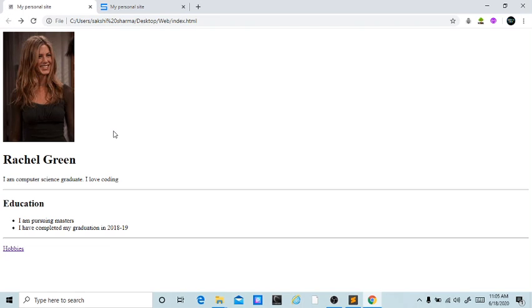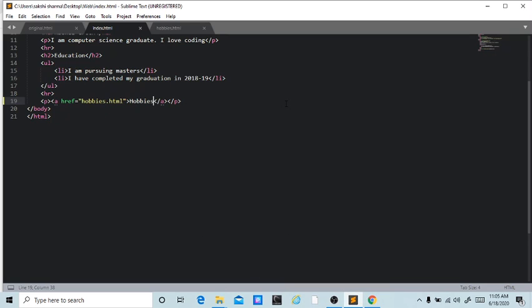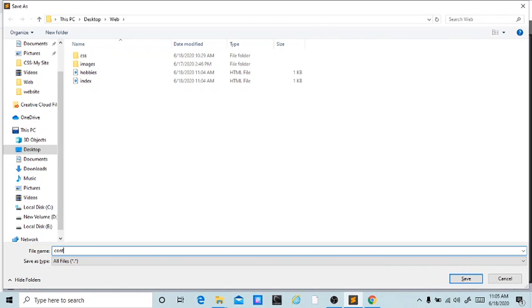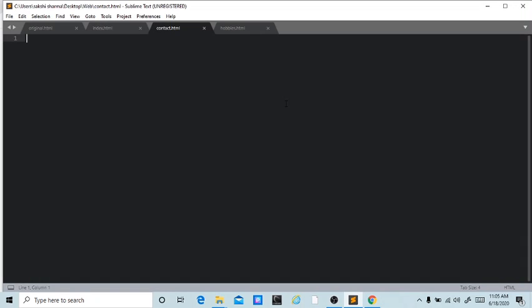Now I want to create contact page. So let's create a new file, save it in the same folder as contact.html. Let's add HTML boilerplate. Contact.